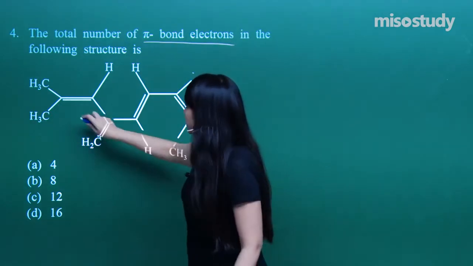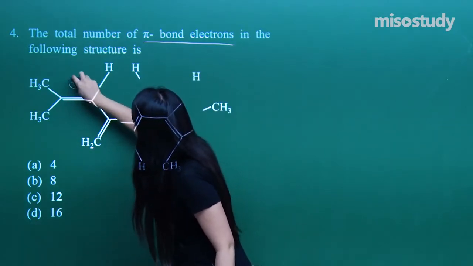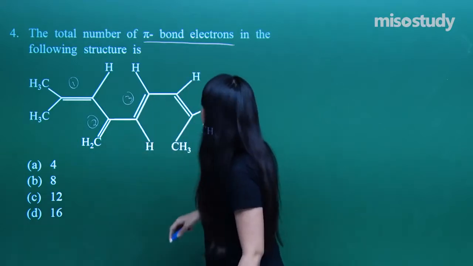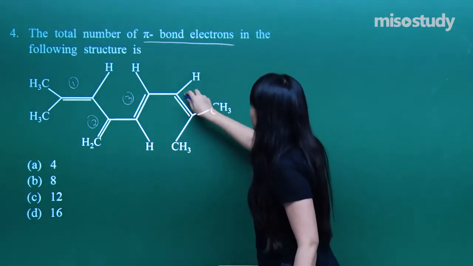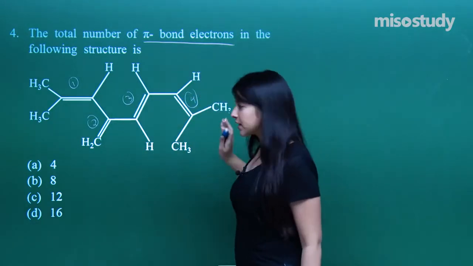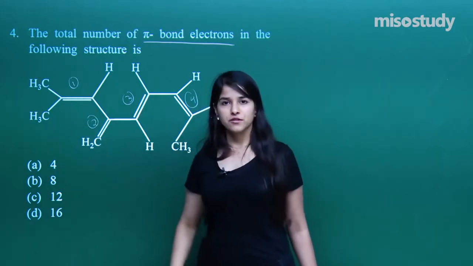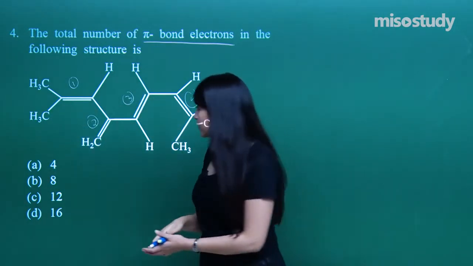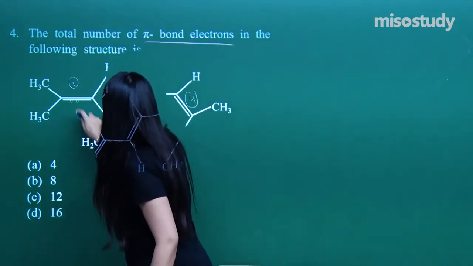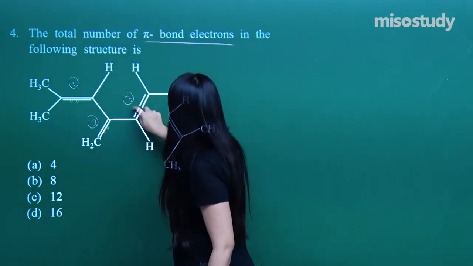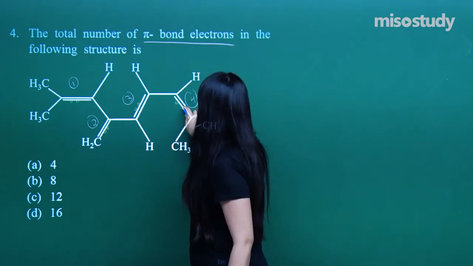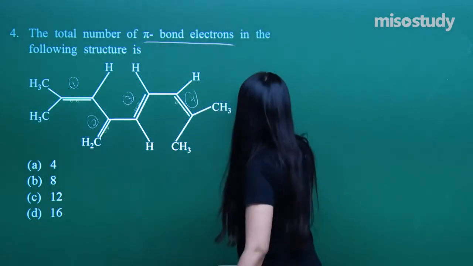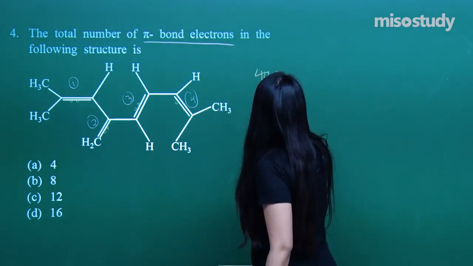Super easy. That is a pi bond number 1. That is a pi bond number 2, number 3, and what else? Number 4. So just draw the diagram first of all, then go and mark it out. So we have marked 4 pi bonds, each containing 2 electrons. So that is how it's going to be. All in all, how many? 4 pi bonds into 2 electrons.